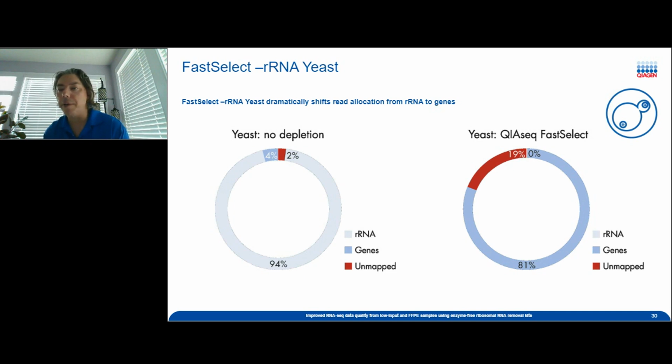What we often find when we're looking at the performance of FastSelect is that we are mapping this back to some sort of reference. And for a lot of the references used within the pipelines that you may be looking at, a lot of it only contains the mRNA data. So as you start to use FastSelect in your experiments, if you get a lot of unmapped reads, the first thing I usually do is go to our bioinformatics scientists and ask them, what are you using as a reference gene set? And for a long time, we were only using mRNAs